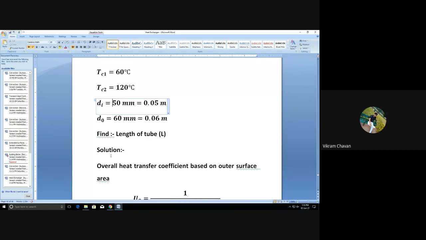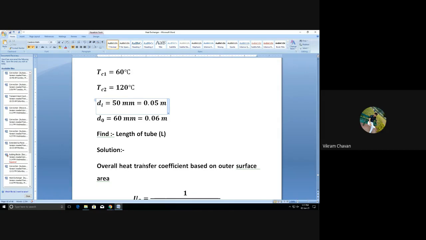Out of that particular formula, which quantities are given in the data? First, Q is given. The overall total heat transfer rate is provided, and we have converted it into joules per second. Then theta m is unknown, and the overall heat transfer coefficient is unknown. So to calculate the area, we require these two quantities: the overall heat transfer coefficient, and the logarithmic mean temperature difference.